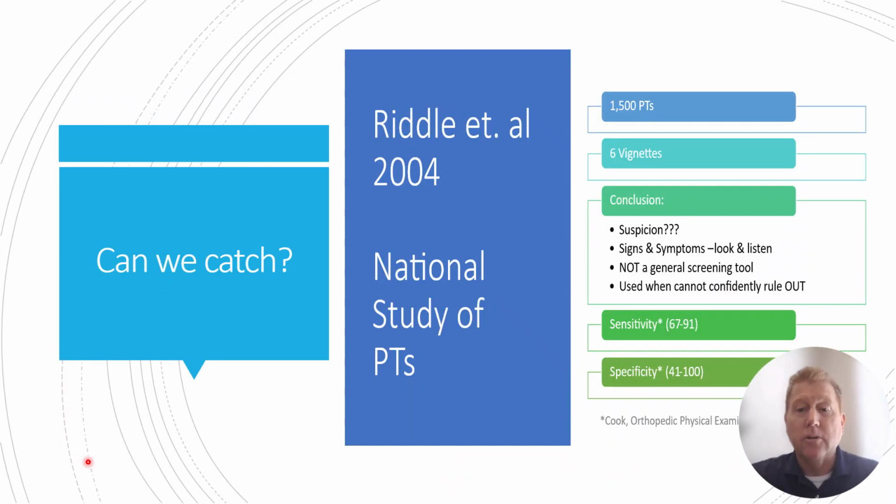And so if we look at literature, you can see an interesting article in the early 2000s. There was a national study of physical therapists where they gave 6 different case studies and asked them to categorize them as low, moderate, or high probability. And unfortunately, almost 1,500 PTs, several or large categories of them, did not even recognize the high likelihood. And so it was an opportunity for us as